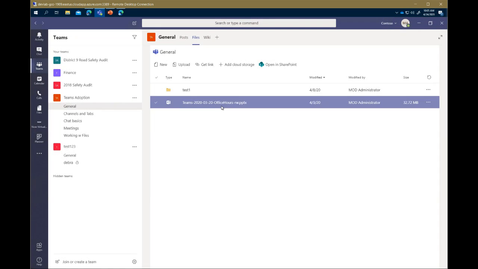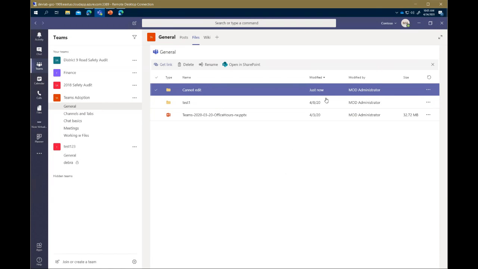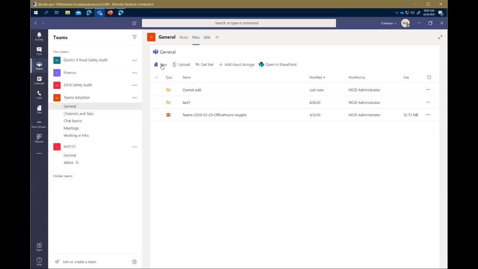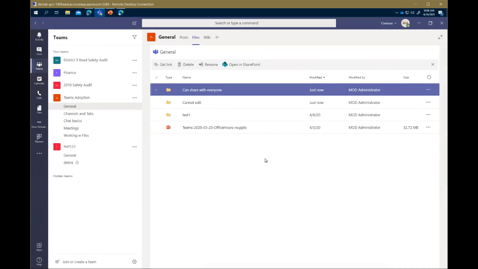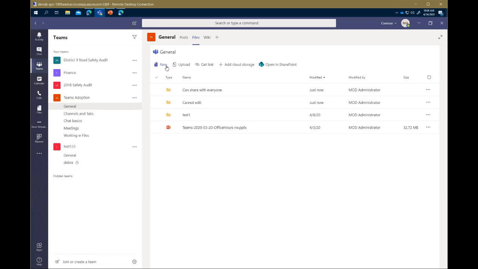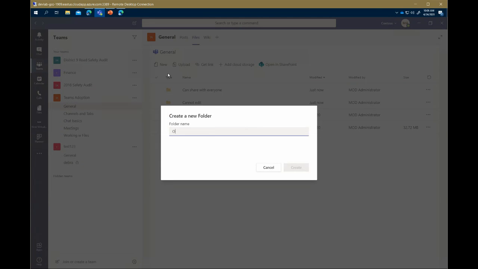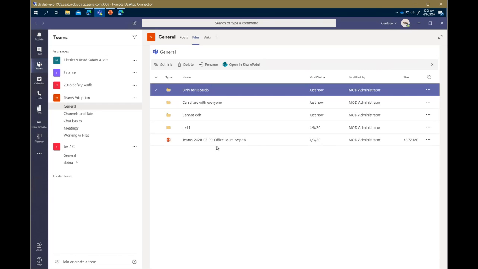Okay. I'll make another one, let's call it "can share with everyone," let's say. And then I'll make one called, let's call this "only for Ricardo." So as these names imply, we're going to have a folder in this team, one that only